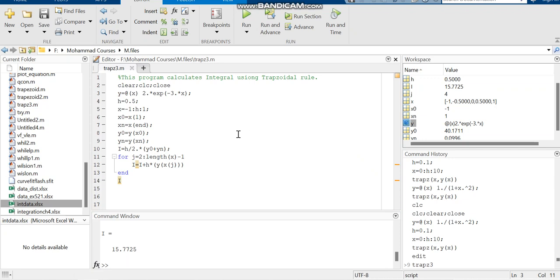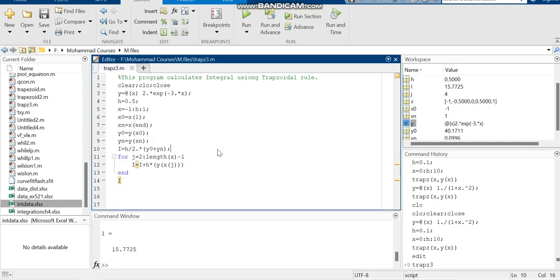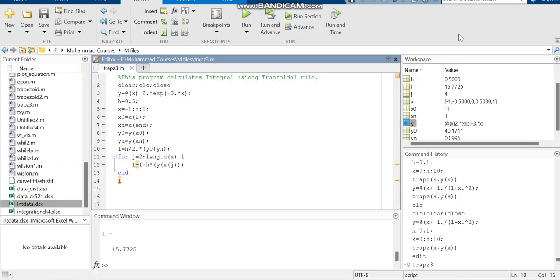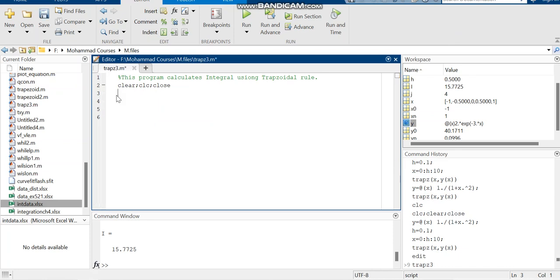Okay, sometimes we are given data instead of the function. So for that, let's suppose we have this data. This is x and this is y. Okay, and we want to integrate this. So for that, just delete all these, and